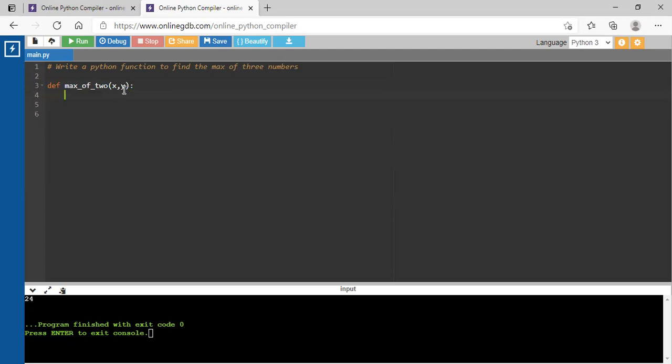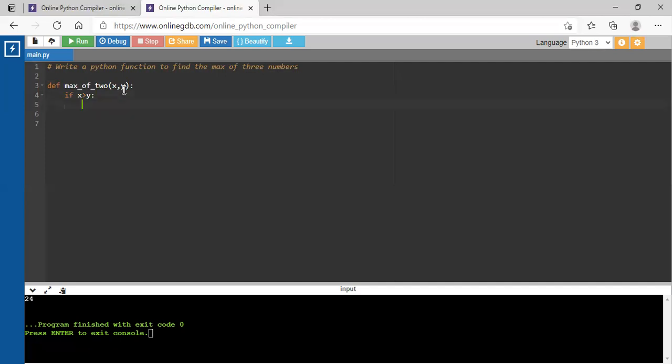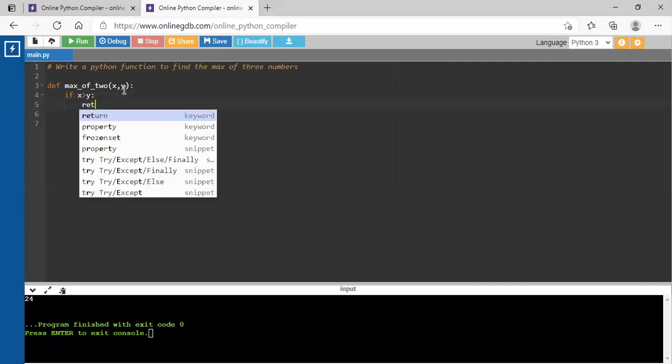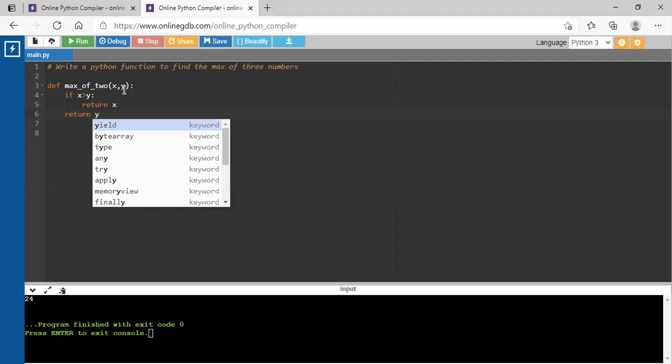After that I put the colon. So I simply check if x is greater than y. So if x is greater than y, return x. So return x means x is greater. And if it is false, what will it return? Return y. Nothing else I have done.